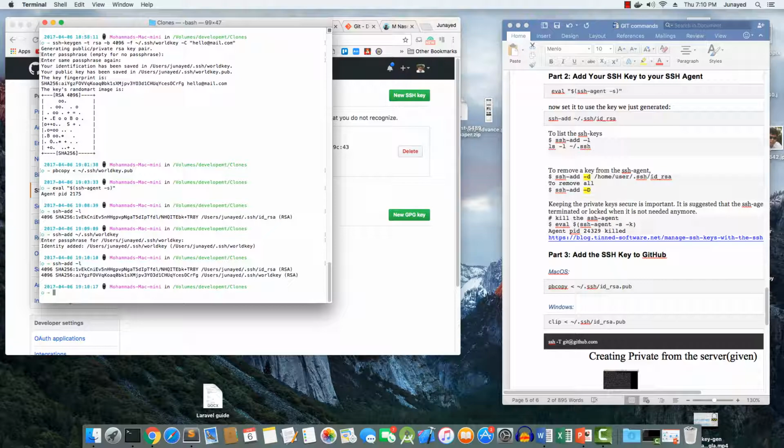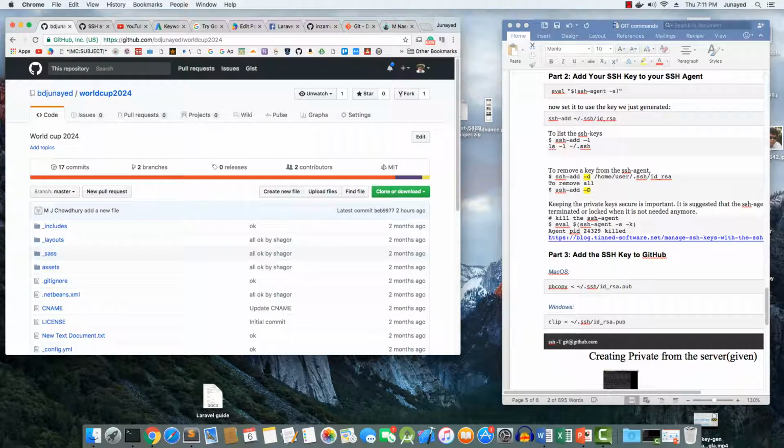So I can access GitHub right away, because my private key is ready and the public key is set on the GitHub server. However, if you set your public key to any server that supports SSH, like DigitalOcean, GoDaddy, or others, you can access that server through SSH without password. Okay, let's check with my repo. This is a sample repo here. Let me download it with SSH. Clone with SSH, copy it, and then